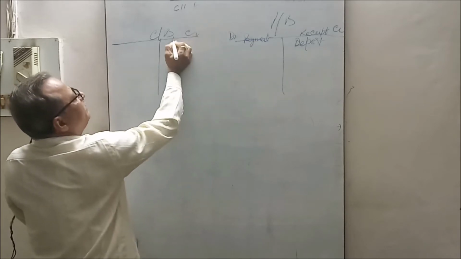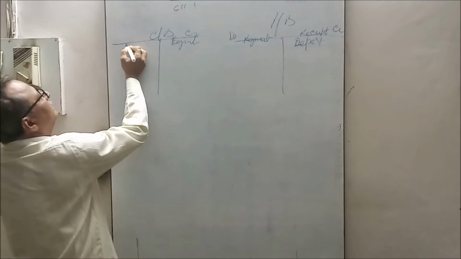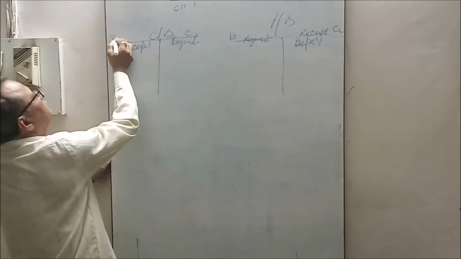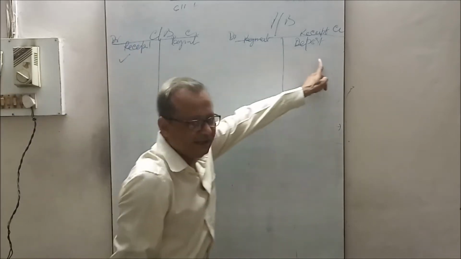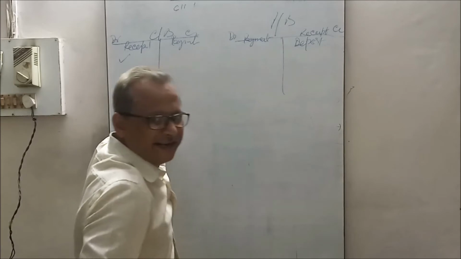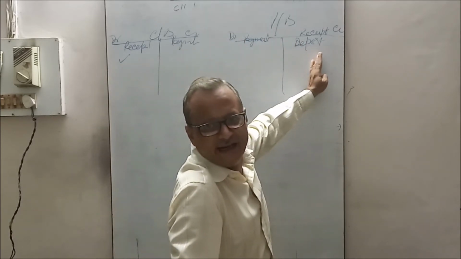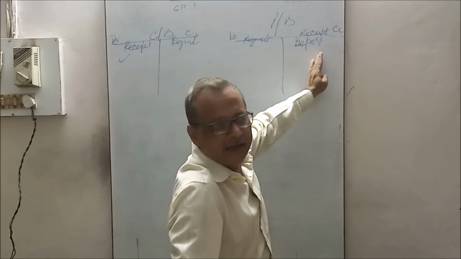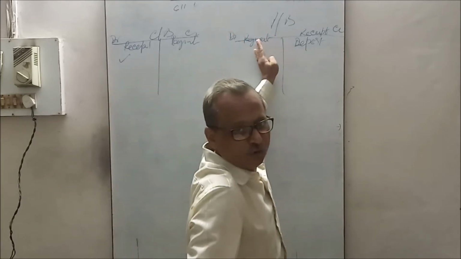This is credit side, payment side, and this is receipt side, debit. If one item is written here but not here, meaning item debited in cash book but not credited in passbook, that will show the difference in the balance of cash book and passbook. Likewise, item credited in the cash book, not debited in passbook,